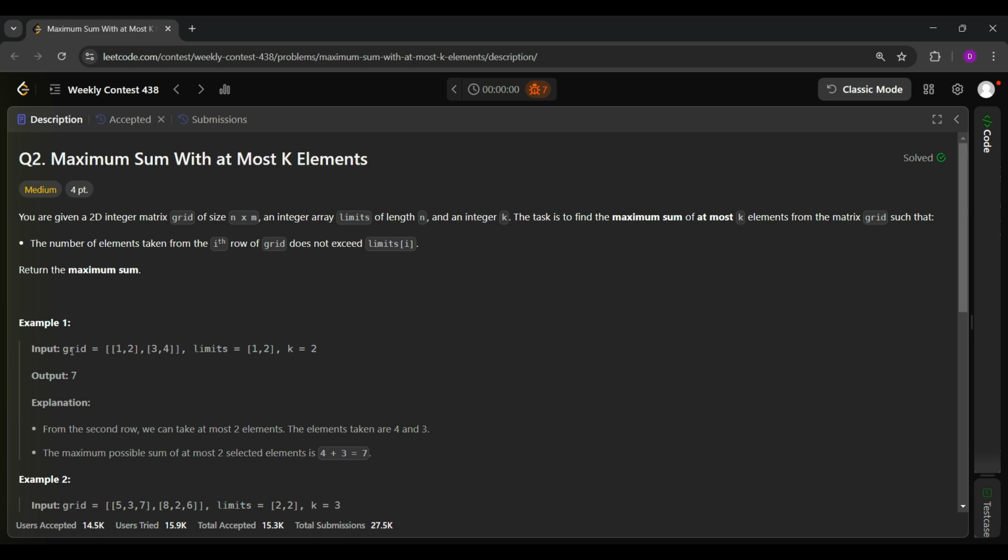maximum sum. So basically we are given grid and limits array and some constant k, which is equal to 2 in this case. So basically what we have to do is, if we want to take elements from row 0, then we can take at max one element. Similarly, from row 1 we can take at most two elements, and combined we can take at most two elements and take the maximum sum. So let's say in this case we will take 4 and 3 to get our maximum